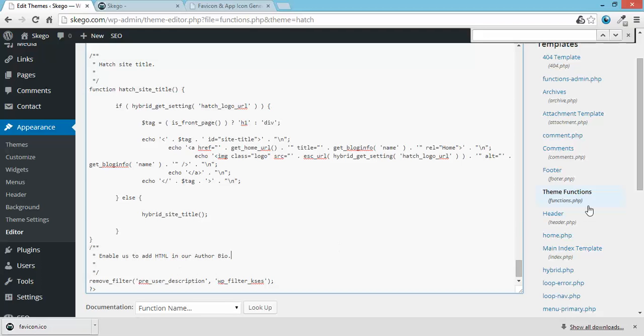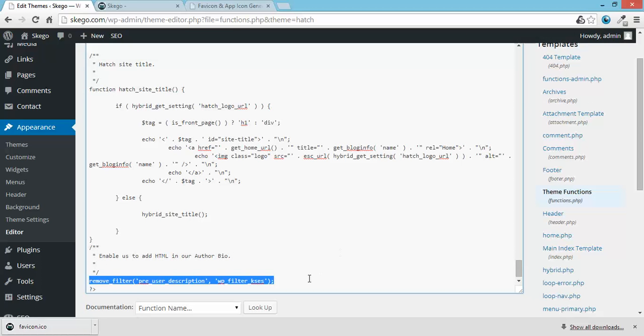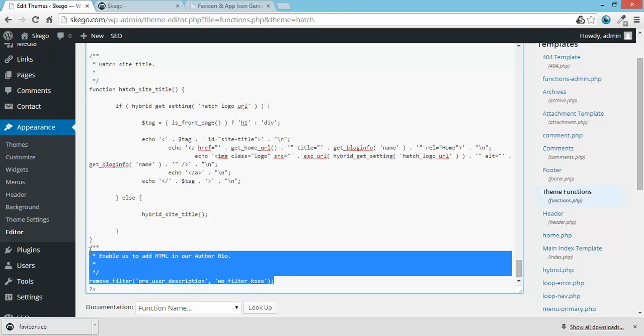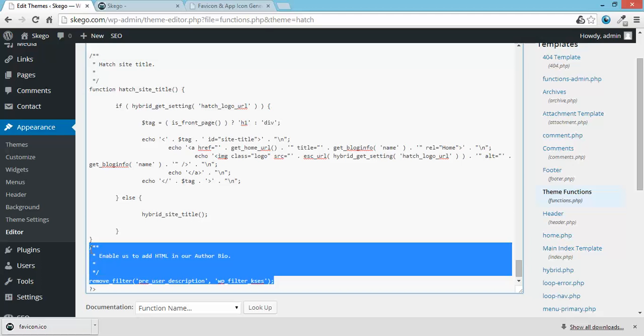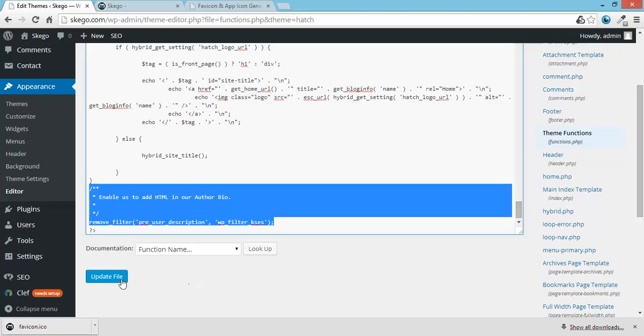Okay, so that's what it does. I advise you to not add this code and do so many things within your PHP files, because if you mess something up and you don't know what you're doing, that can be quite frustrating. I just want to show you that this exists, but you actually don't have to do any of these things that I'm doing right now, because it may cause problems that you're not gonna be able to solve. Anyway, so we're gonna update this file here,